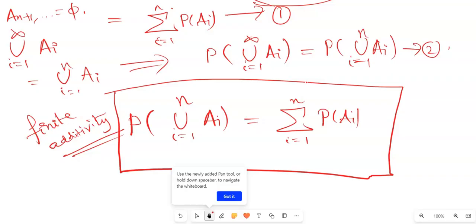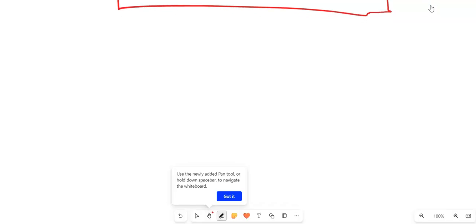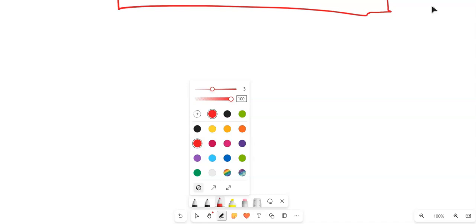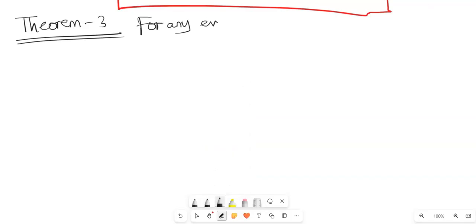Now, heading on, we want to prove one more theorem, which says, let me change the color. This will be theorem 3. For any event A,